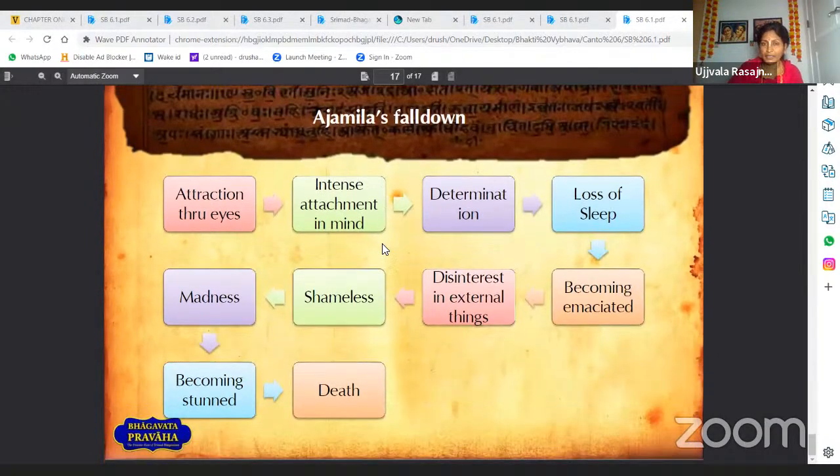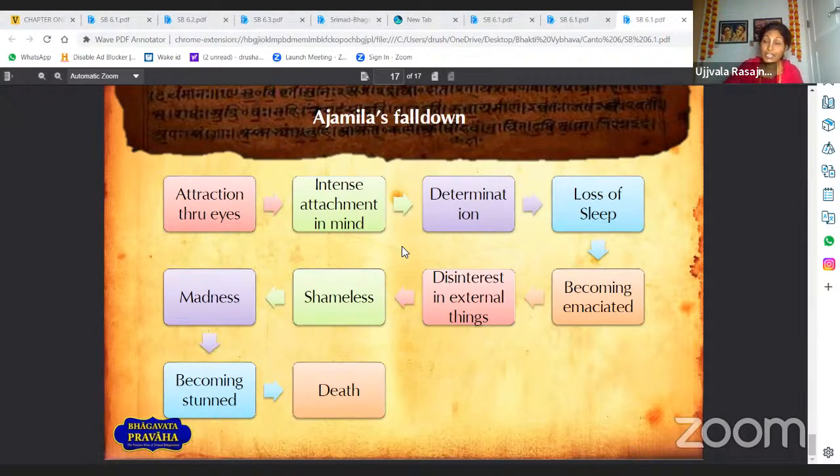On that person. All these movies, the unfortunate thing is they are so glamorized and shown in the movies. Something that needs to be avoided is shown as something that is applauded on the big screen. That's the unfortunate situation that we have right now. But so intense attachment about that person,